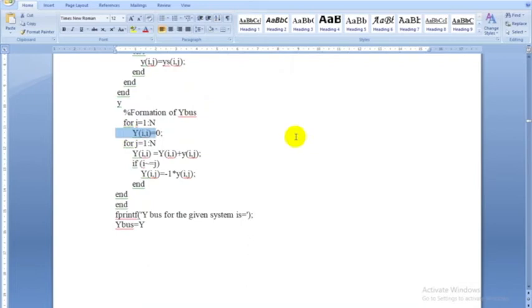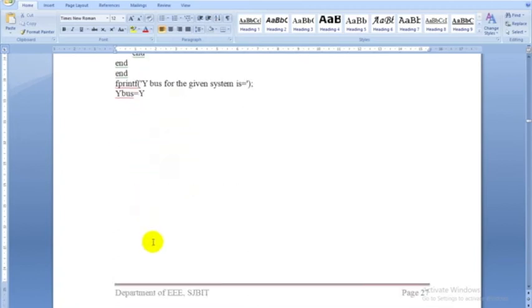In the Y bus matrix, in the diagonal you will have the self admittances, that is the sum of all the line admittances, sum of all. That means you have to initialize the counter, initially 0, and add one value at a time. Suppose the first bus has 3 elements, so 3 values you should add one after the other. Initially the value is 0, Y12 is added, similarly next Y13, next Y1, like this it is added. When i is not equal to j, you take the reciprocal, and that you pass into the off diagonal entry of the Y bus matrix. This is how the Y bus matrix is built, and you can print it.